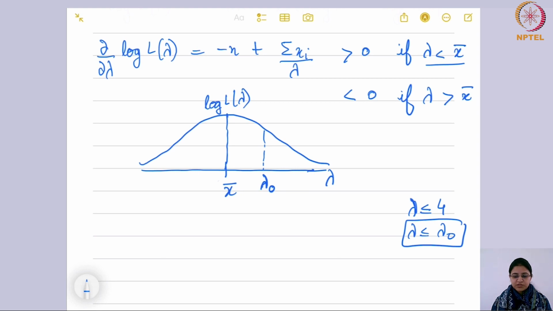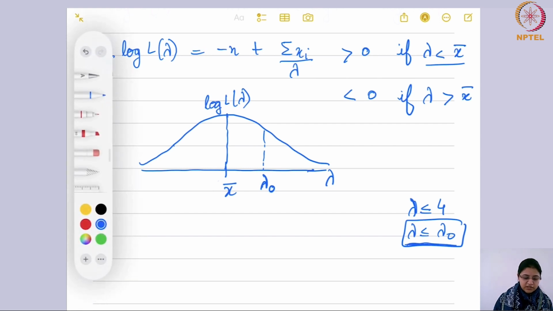Okay, so you will see where your lambda naught lies. If lambda naught is greater than x bar, and we are interested in the area lambda less than or equal to lambda naught, it means we are focusing on this part, right? In this situation the maximum is attained at this peak, which is basically your